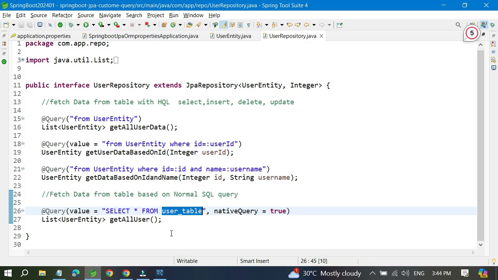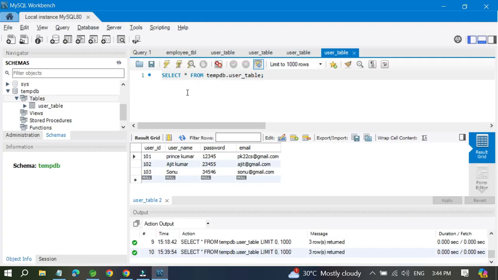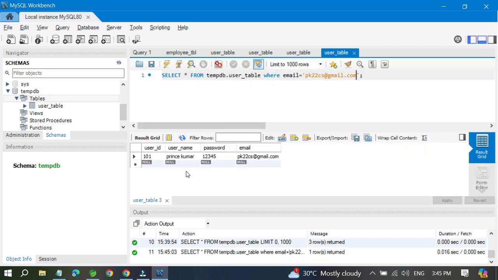Okay, let's fetch the data based on some clause. So where email is nothing but, in single quotes, pk22ces@gmail.com. If I run this query, you can see we are able to fetch this record. So just copy this and go to your